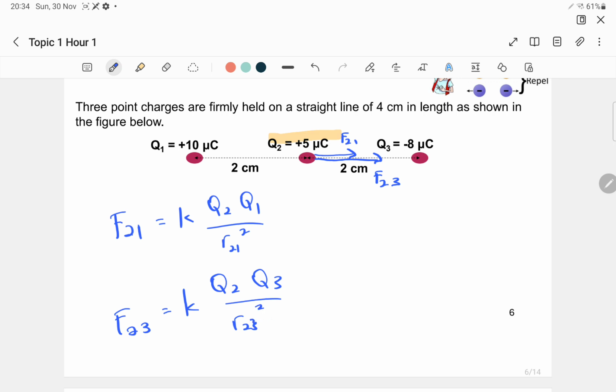So just replace in the values. When you replace in the values, you have to convert into SI units. So SI unit means charge should be in Coulomb. This one has a prefix, so what will the value of this prefix be? And this one you also have to convert into SI unit, because it is given in centimeters. This is for the calculation of force. So try it out first,